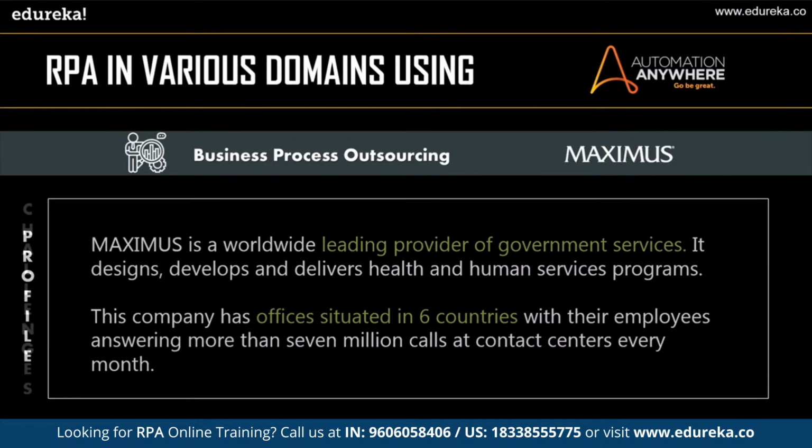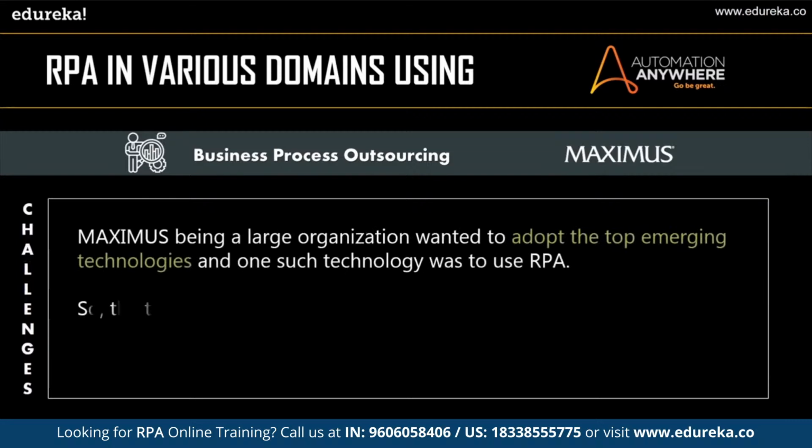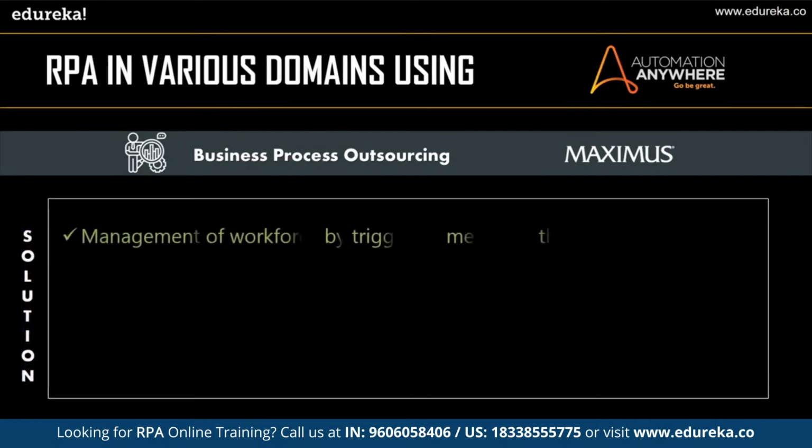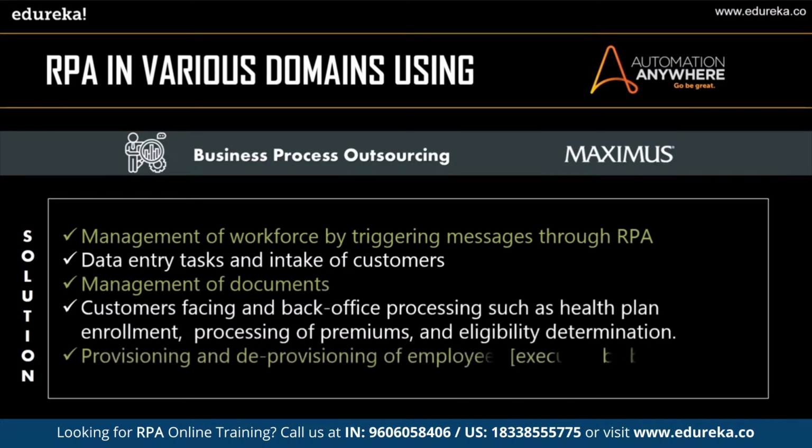centers every month. Now, Maximus, being one of the large organizations, wanted to adopt the top emerging technologies, and one such technology was to use RPA. So, the team took up the initiative to create a playbook for assessing hundreds of Maximus operations across the globe. So, the solution to Maximus' challenge of using a new technology or the latest technology such as RPA was Automation